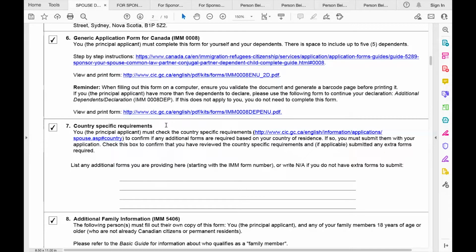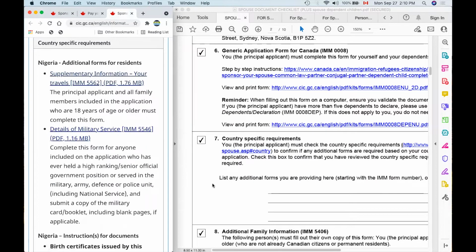And below it says list any additional forms you are providing here, starting with the IMM form number. So I will show you guys what this means. As you can see on my screen, I have the country-specific requirements, and I used a demo for Nigeria. So if there is any other extra information you'll be providing, as you can see here,